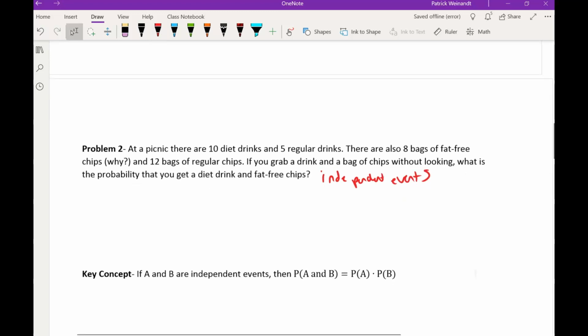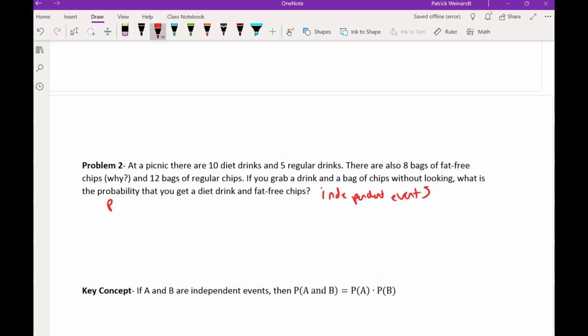So, well, what is my probability then? What's my probability of a diet drink? I'll abbreviate that with DD. And remember that for probability, we want the total number of outcomes. Well, how many total drinks are there? There are 15 to choose from. Of those 15, how many are diet? 10. So my probability is 10 over 15, or 2/3, which is equal to,